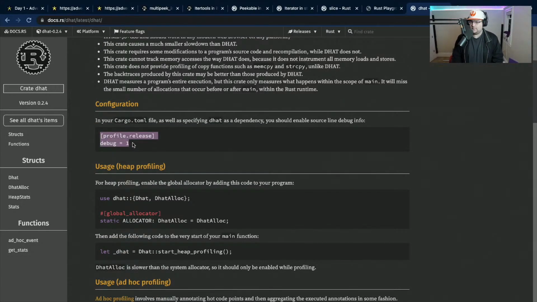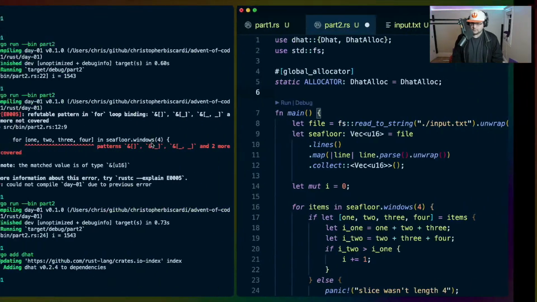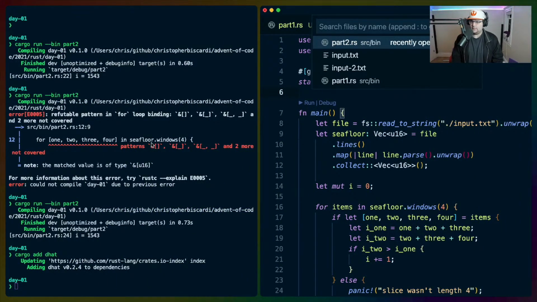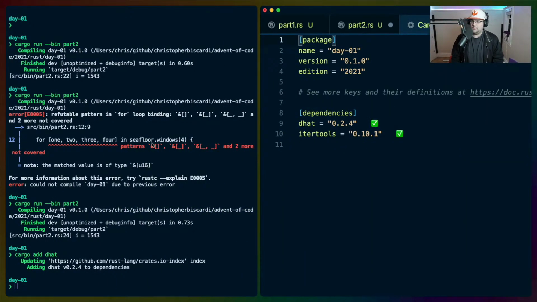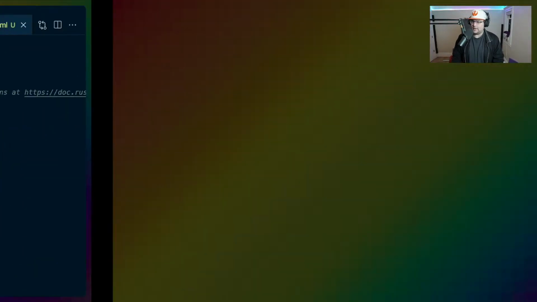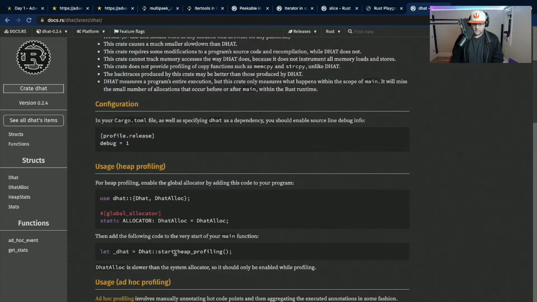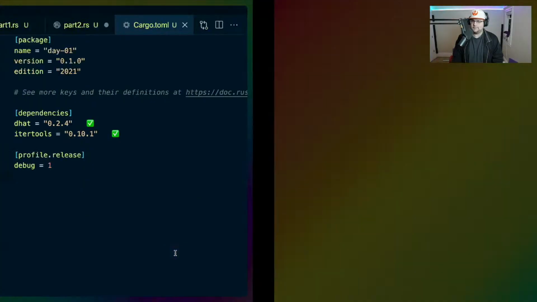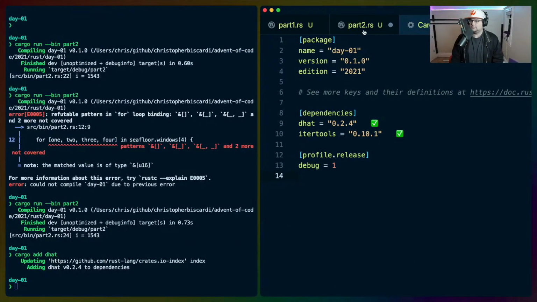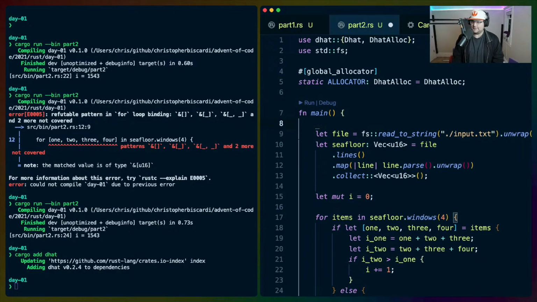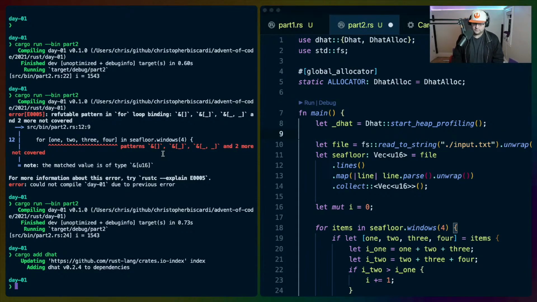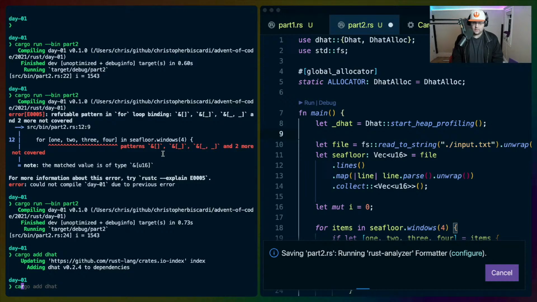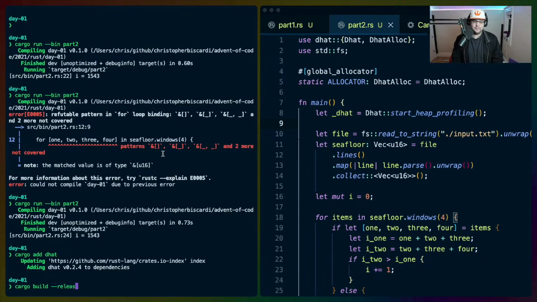I guess we do need to do release, right? So in Cargo.toml, our release profile will be debug 1. And then this needs to stick here. And then if we cargo build release,